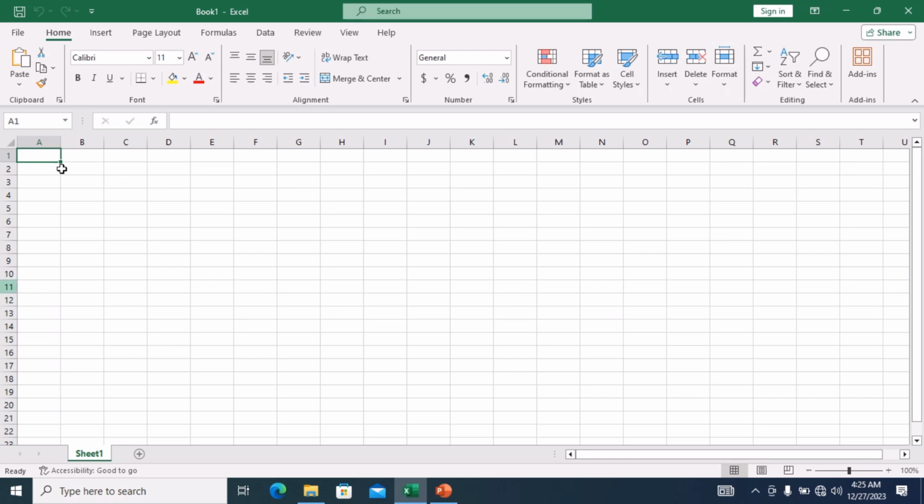First thing, when you open your Excel, you can click on cell C, or A or B, anyone. Then double click so that it gives you access to type. Let's take an example, say student